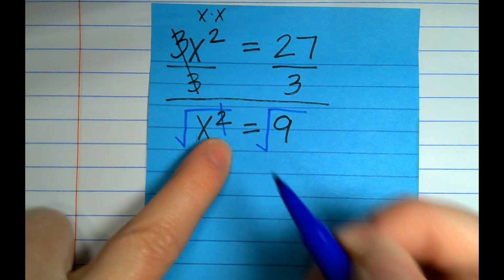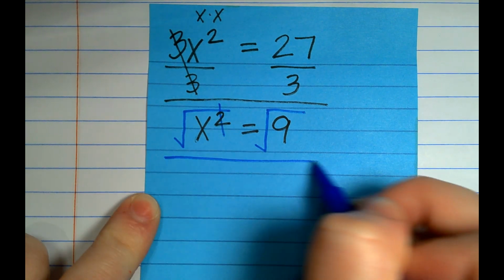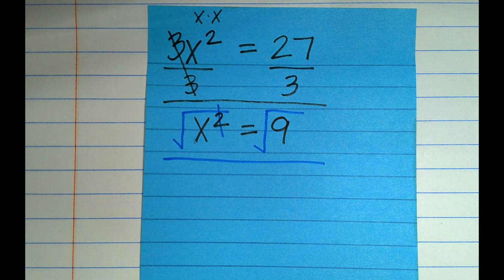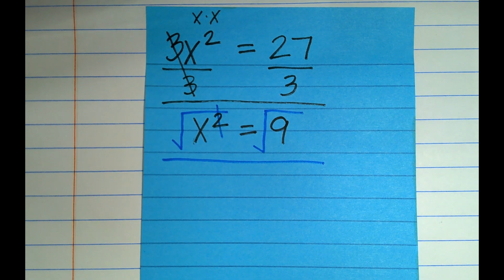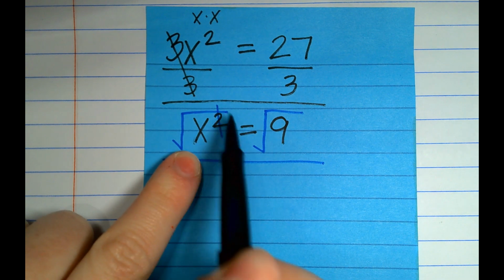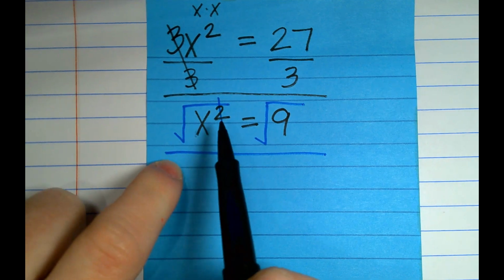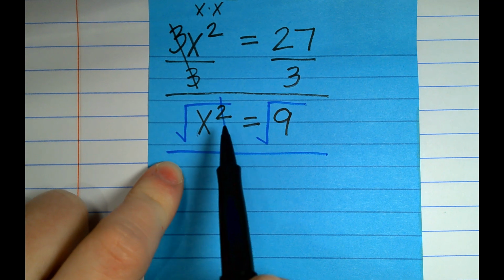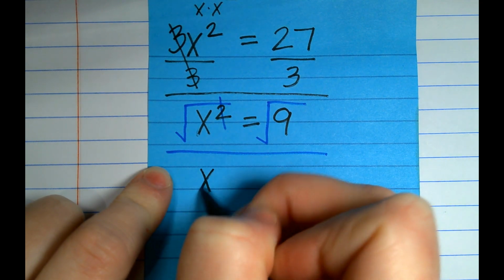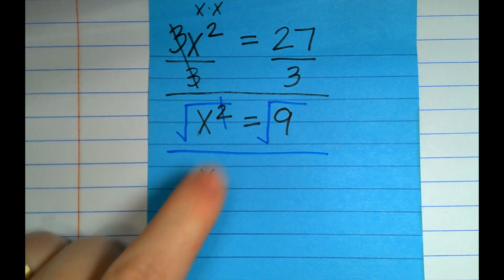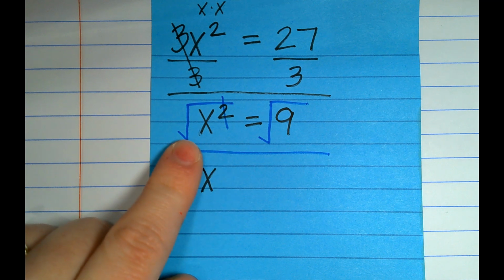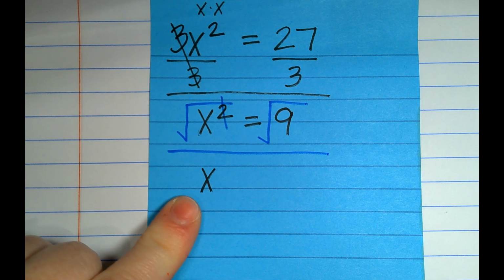So that would cancel, because whenever we square root something, that means I'm telling you the number or the item, the variable, the thing that when I multiply by itself, I get what's under the square root. So the square root of x squared is x, because x times x is x squared. So now I have x,